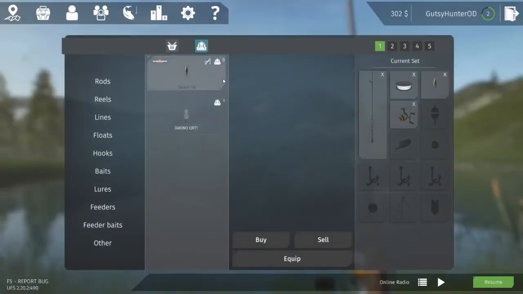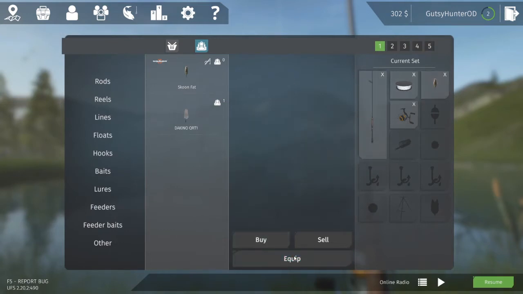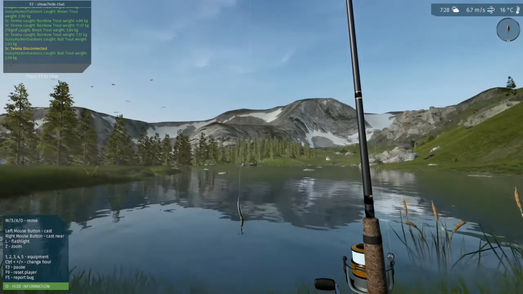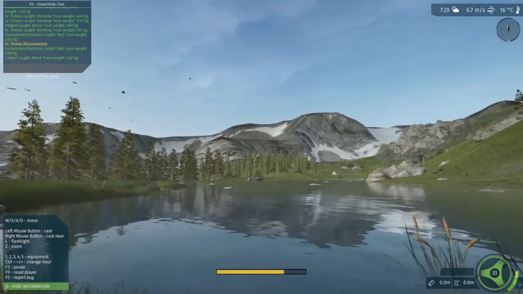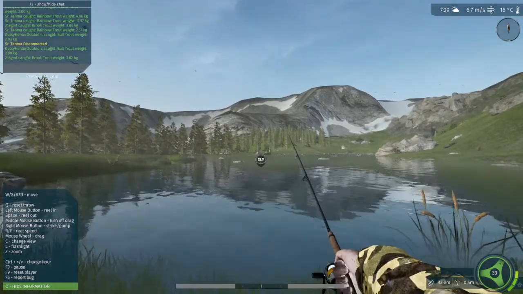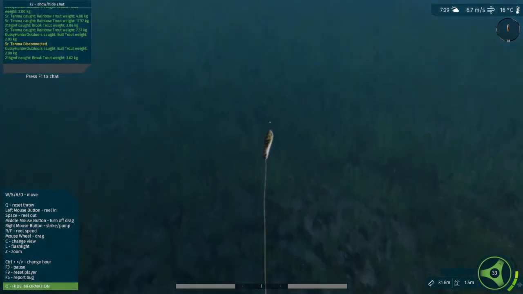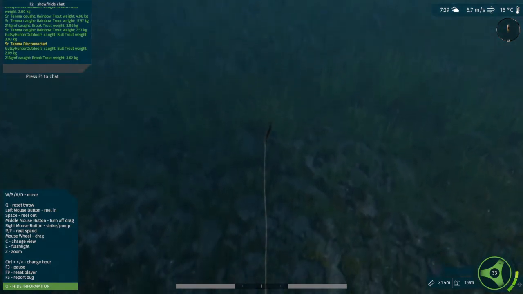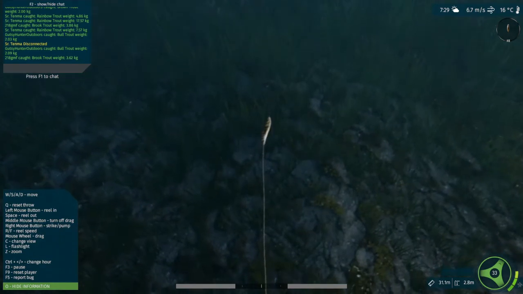But let's try something then. Let's go ahead and try. What happens if we drop it down to 8? Let's see what happens. So now we've gone to the smallest hook. And let's see if that makes any difference, or we catch smaller fish. I mean, that would be my guess. We'll catch smaller fish, but